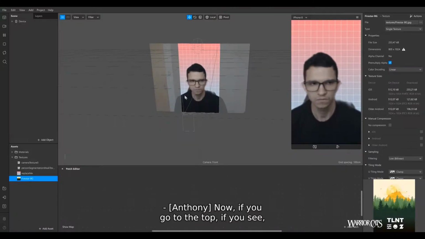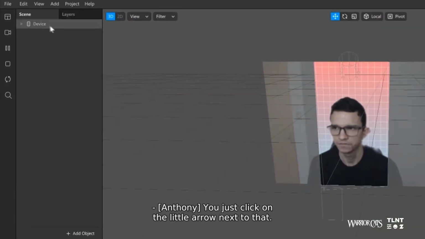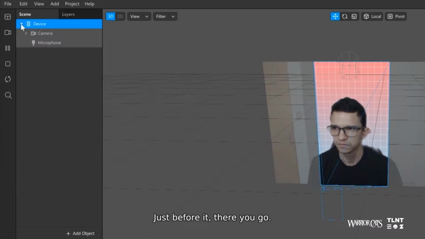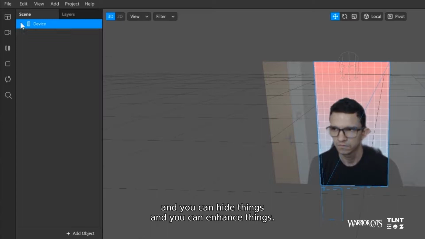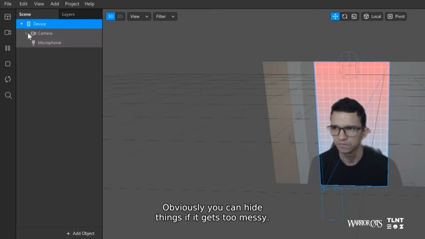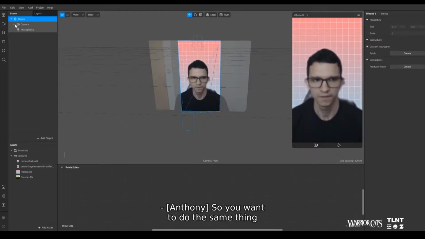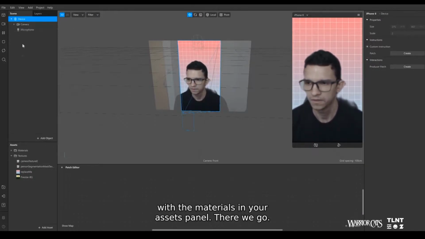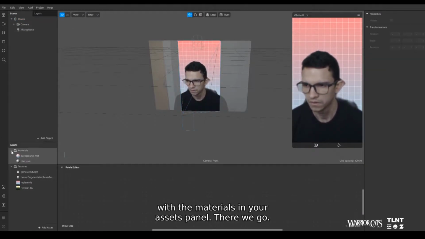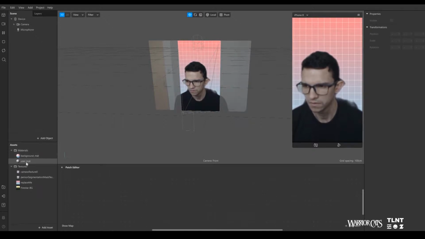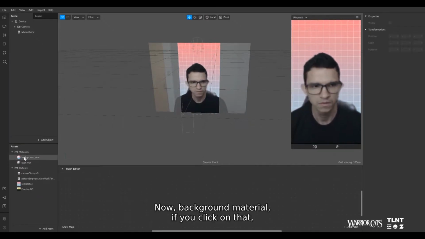Okay. Now if you go to the top of your scene, you see where it says device? Yes. Just click on the little arrow next to that, just before it. There you go. This brings up things in your scene. You can hide things and you can enhance things so you know where you're at, but obviously you can hide things if it gets too messy. Okay. So you want to do the same thing with your materials in your assets panel. There we go. Okay. Now background material, if you click on that,